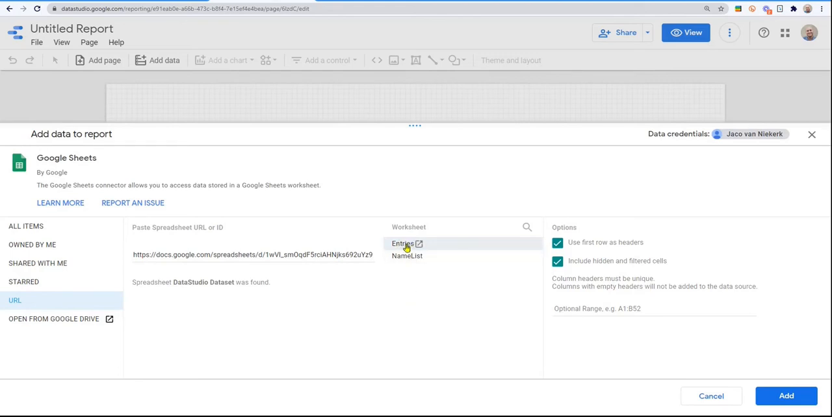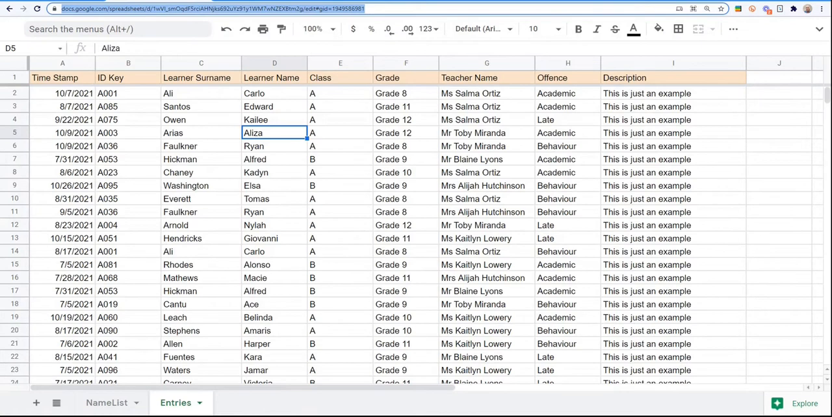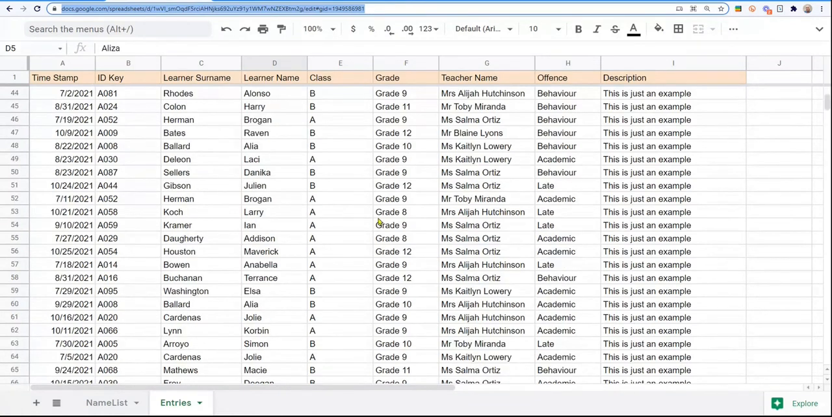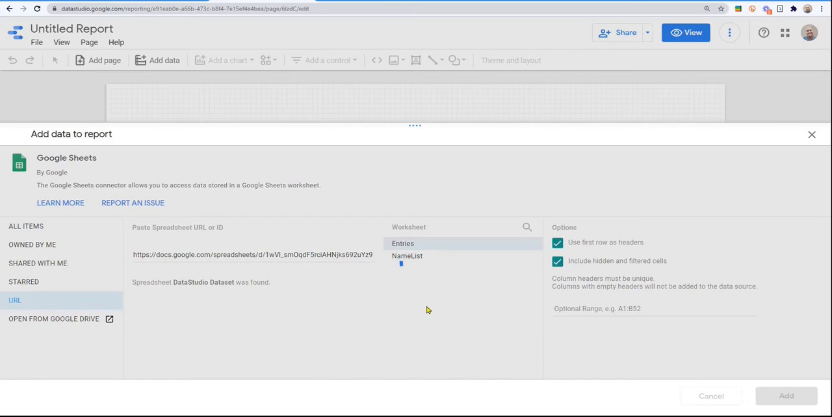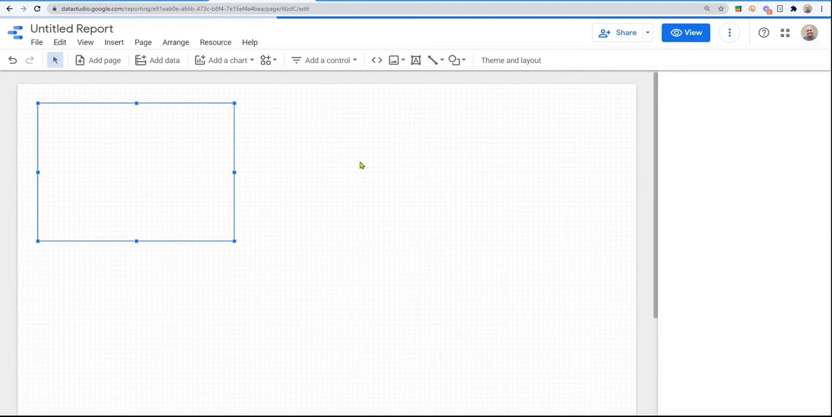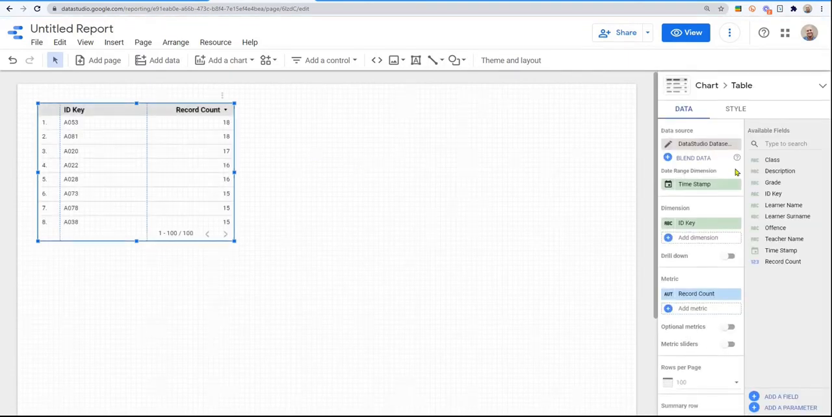So here we're going to select entries because that's where we want to work with this information that we see over here. That's the key thing that we are interested in. So we'll select entries and we're going to add that to our DataStudio. Right, it takes a while to run through all of it. And what it does, and you'll see now over here,